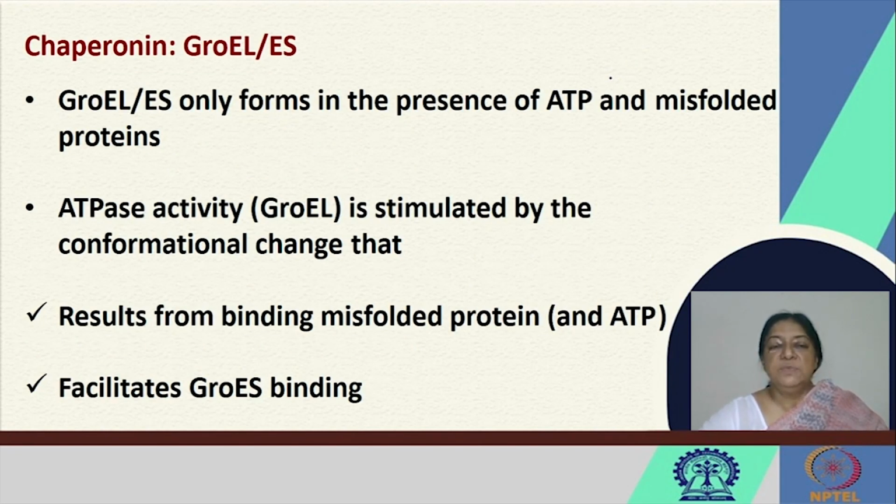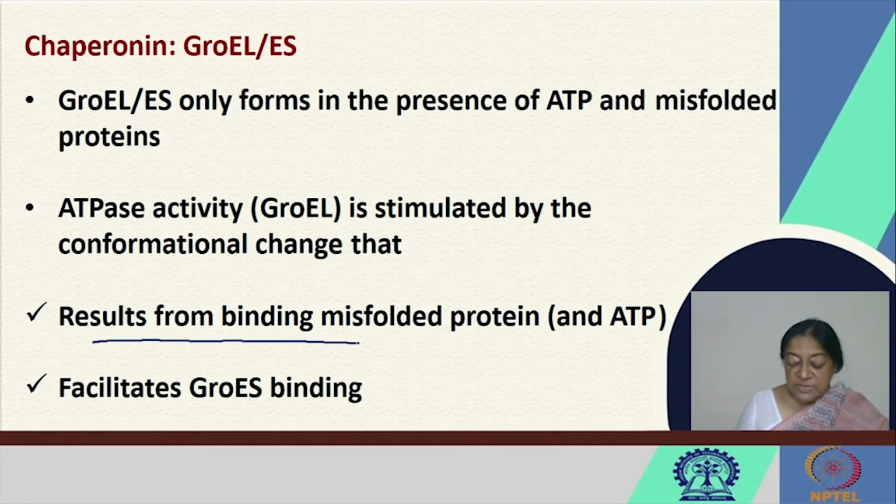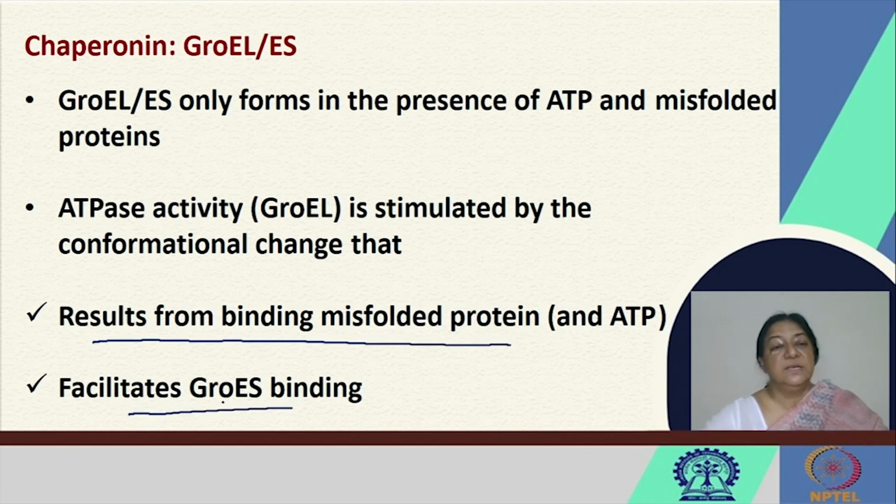GroEL-GroES only forms in the presence of ATP and misfolded proteins. So the complex that we see of the GroEL-GroES will form in the presence of ATP and the misfolded proteins, and the ATPase activity of the GroEL is stimulated by the conformational change. What conformational change? The conformational change that results from binding of the misfolded protein,